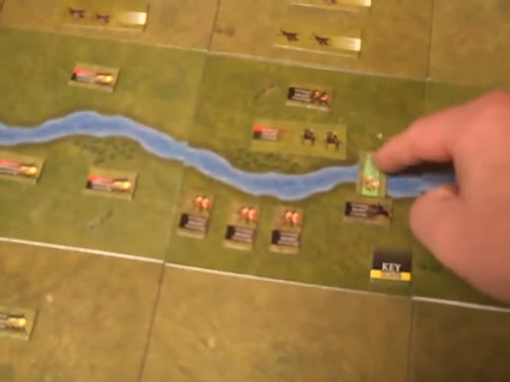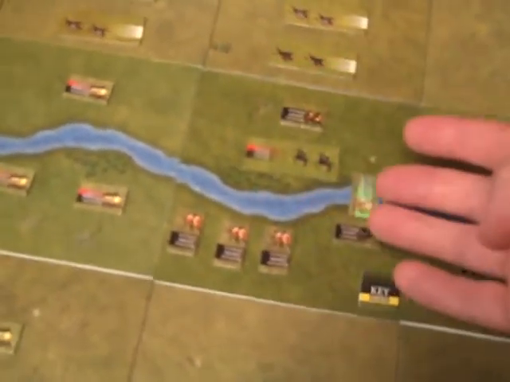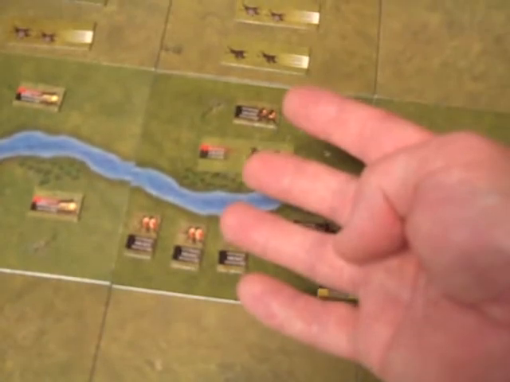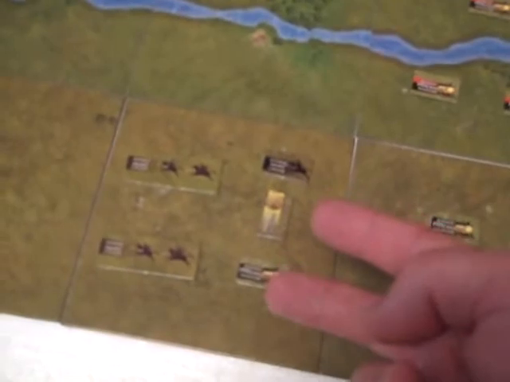So Alexander is an inspired general, so he gets 4 command exemptions, which means that he gets 4 free movement points, or 4 free commands to use for movement, plus 4 free commands to use for attack or combat bonuses. Parmenio is an average general, so he gets 2 commands to use for movement and 2 commands to use for combat. So obviously he's not close enough to do any combat, so he's not going to use combat this turn,